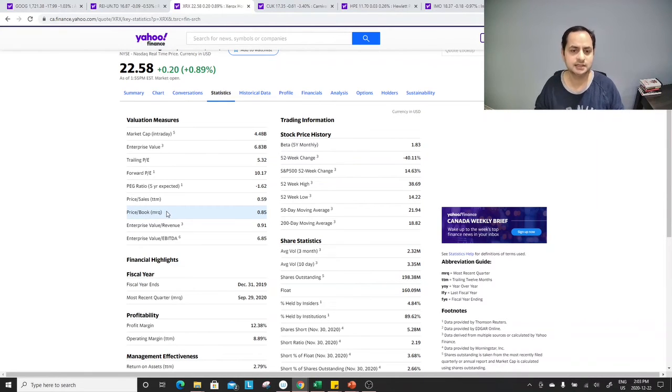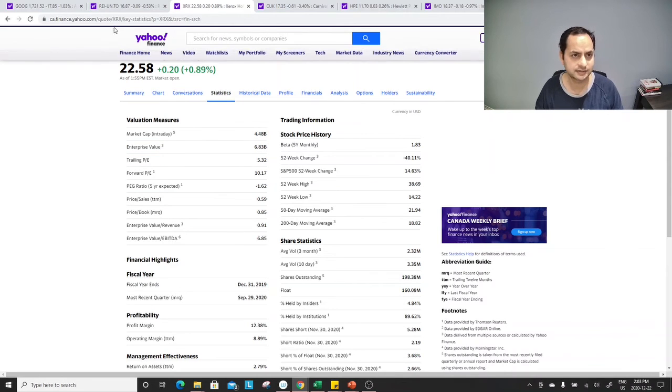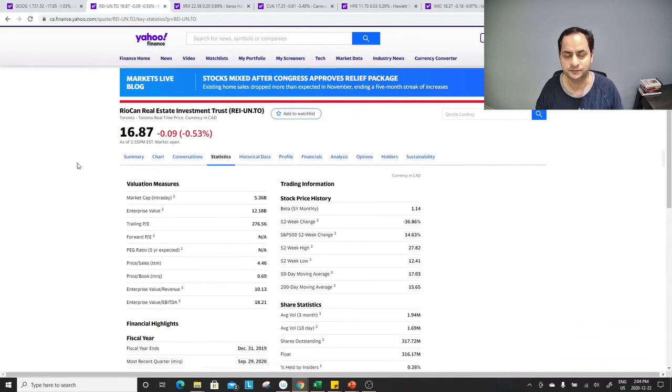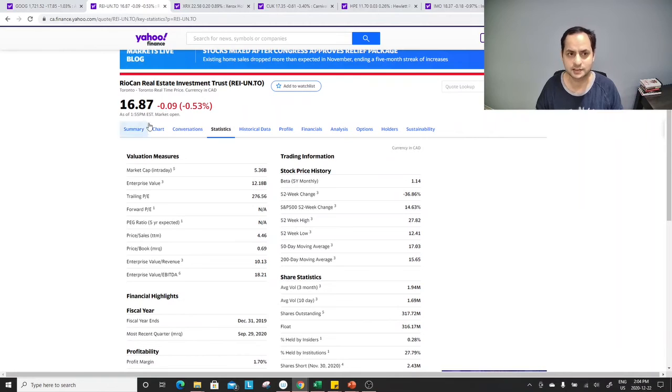This doesn't mean there aren't certain reasons why this security is undervalued. Maybe it's being neglected, or maybe there is certain risk. For example, in the very first case, the markets are closed, and although this is a very big REIT stock in Canada, it gets penalized